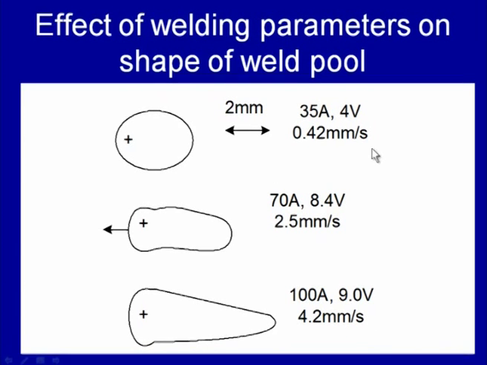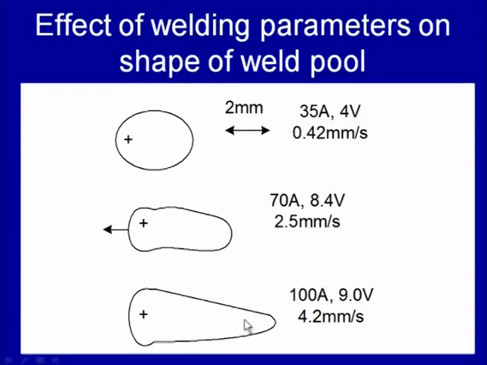So, lower welding speed results in greater uniformity in the peak temperature distribution around the welding arc, and this in turn results in a largely circular shape or oval shape weld pool, while the higher speed results in a greater temperature gradient, especially in the trailing portion of the weld region, and this in turn causes the greater teardrop shape weld pool,